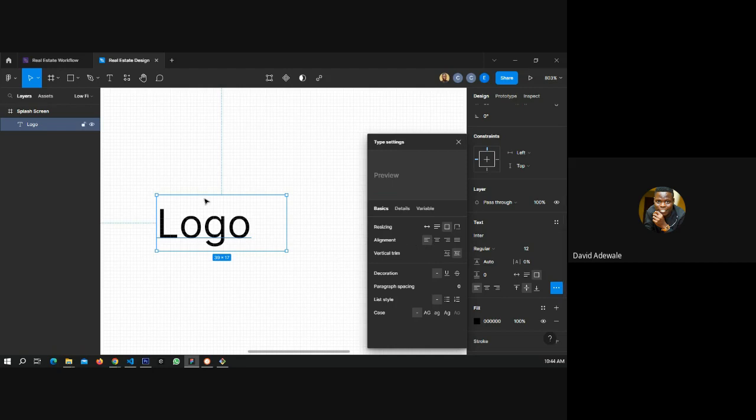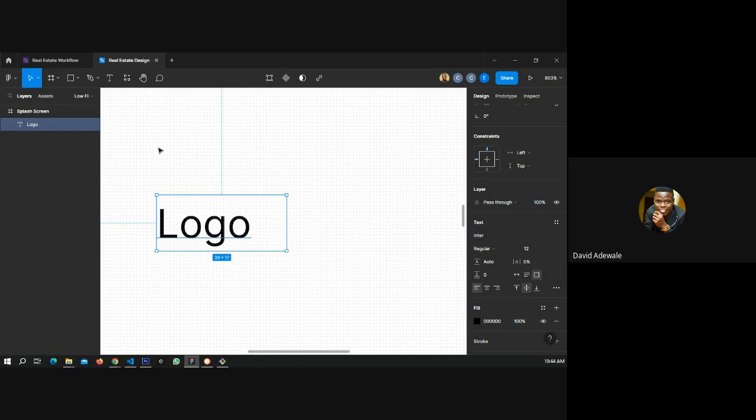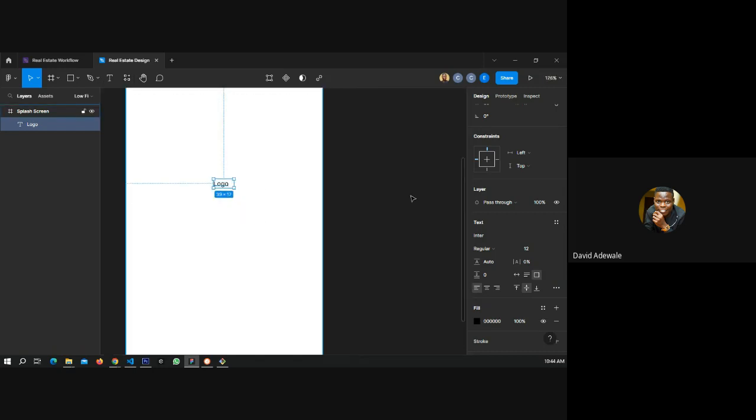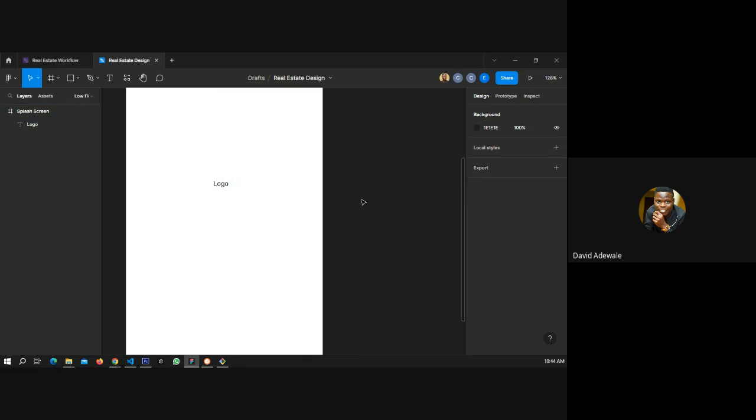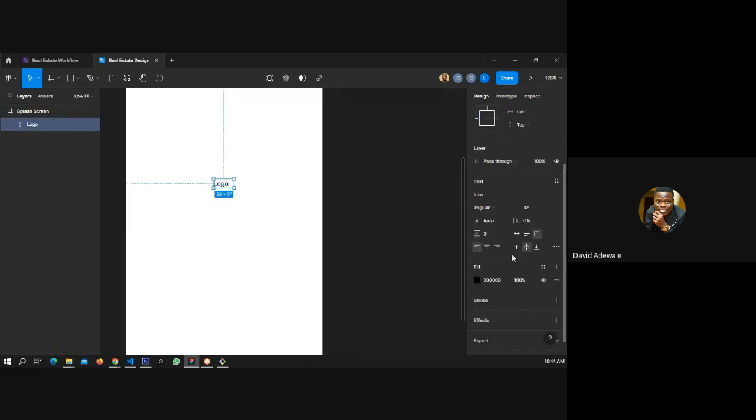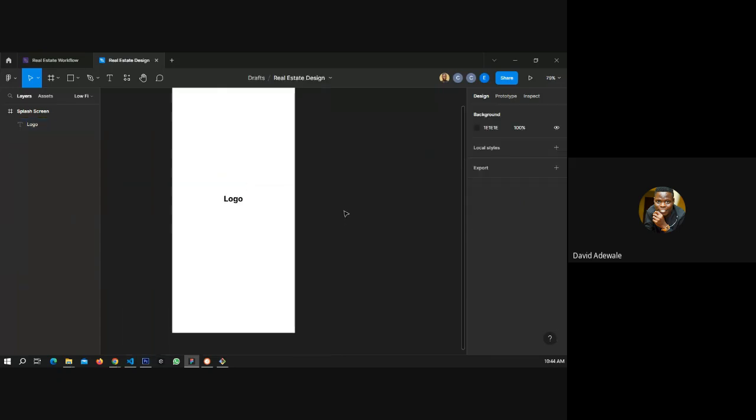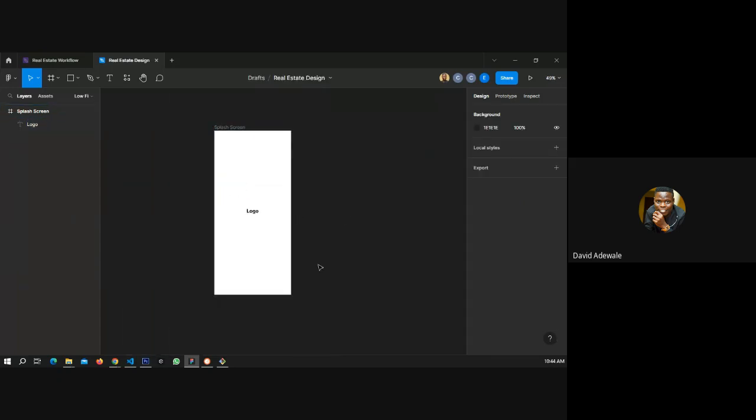Okay, because I'm using paragraph text here, I guess. So when I use a text, well, we are not doing design now. By the time we get to a design, I'll be explaining more. So I just want to bold this. That's why I just moved there. I will just bold this so that it will be a bit bolder and then increase it to something like 24. And then, yeah, let me just centralize it. Yeah, so this is my text now. Splash screen, I can have my logo right here.